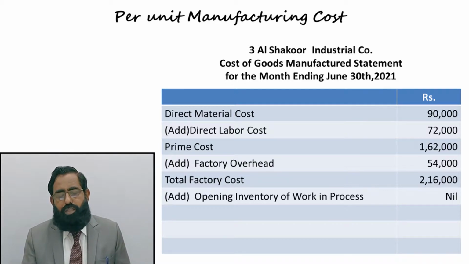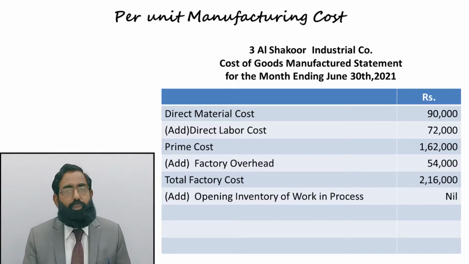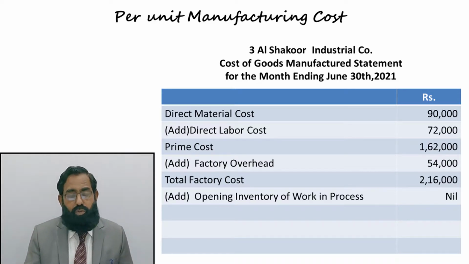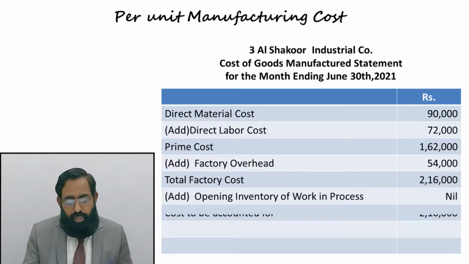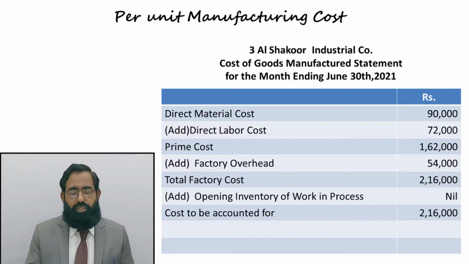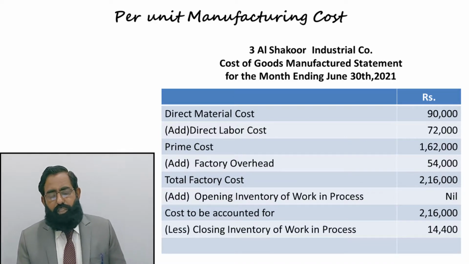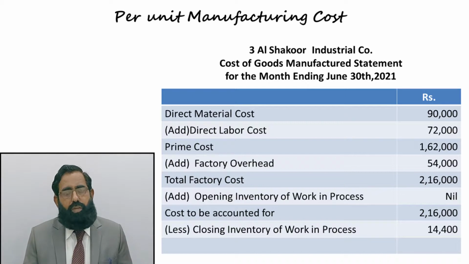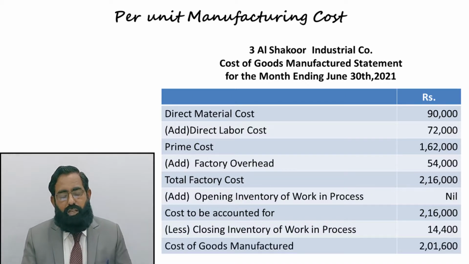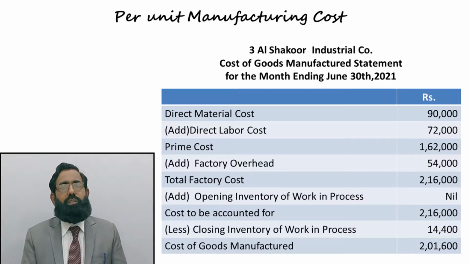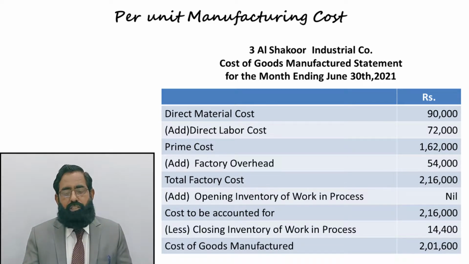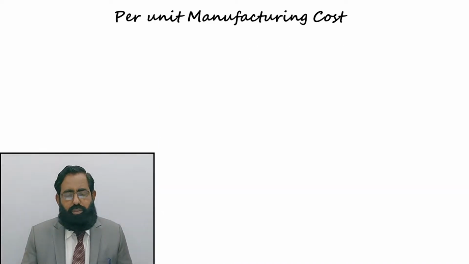ओपनिंग इन्वेंटरी वर्क इन प्रोसेस वाज निल। ना भी लिखें तो नो प्रॉब्लम, लेकिन आपकी अंडरस्टैंडिंग के लिए मैंने लिख दिया है ताकि स्टूडेंट कंफ्यूज ना हो कि एक स्टेप क्यों इसमें स्किप किया गया है। तो इसकी वैल्यू निल। कास्ट टू बी अकाउंटेड फॉर 2,16,000। क्लोजिंग इन्वेंटरी वर्क इन प्रोसेस 14,400 जो हमने खुद कैलकुलेट किया है, 14,400 इसमें से माइनस हो गई। वी अराइव एट कास्ट ऑफ गुड्स मैन्युफैक्चर्ड दैट इज 2,01,600। इसके साथ हमारी तीसरी रिक्वायरमेंट कंप्लीट हो गई।